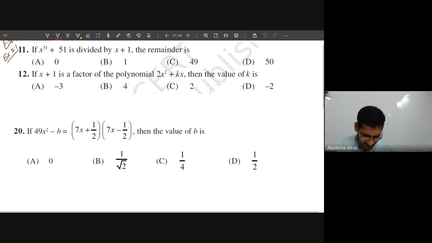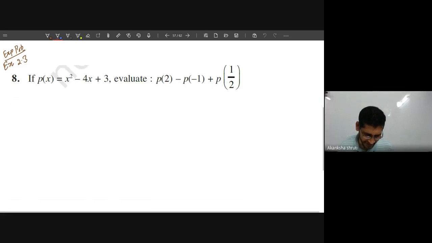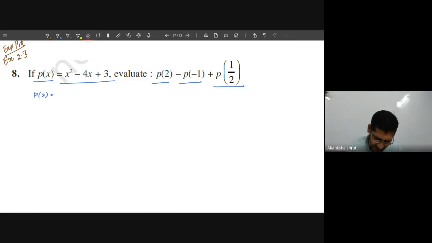Now let us go for the value of a polynomial. What do we mean by the value? Let us solve this question number 8. Say p of x is given like this. You have to calculate p of 2 minus p of minus 1 plus p of 1 by 2. Means what? You have to calculate p of 2. What do we mean by p of 2? It means in place of x you have to substitute 2 only. So rather than x, I shall write 2